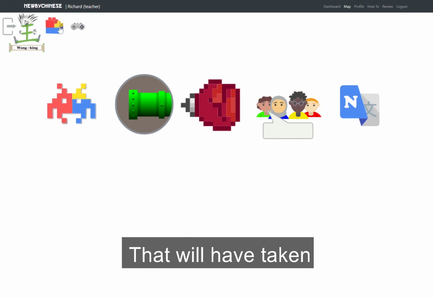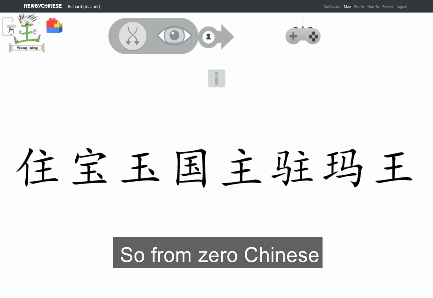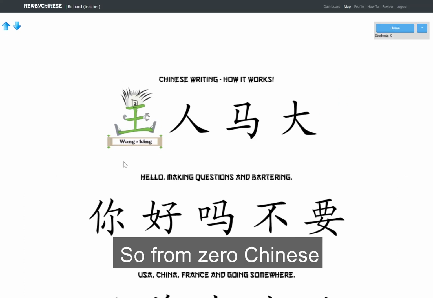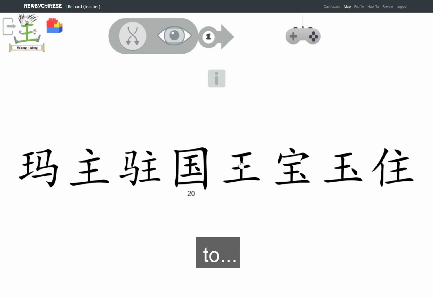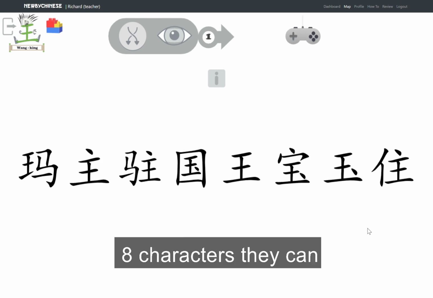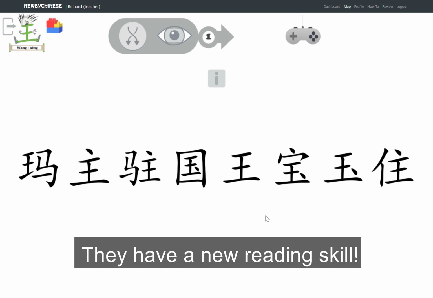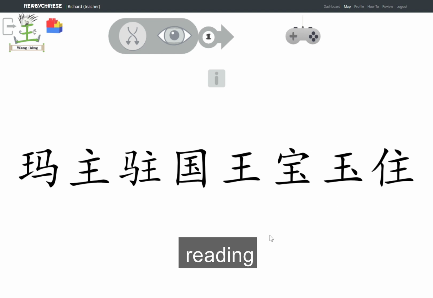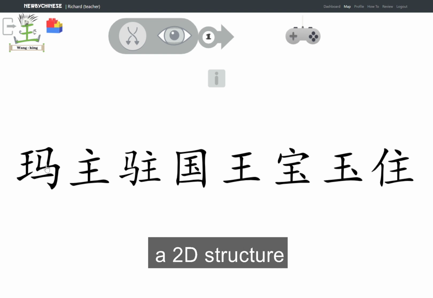Now, that will have taken all of about 5 minutes. So they've gone from 0 Chinese, if they're total newbies, to 1, 2, 3, 4, 5, 6, 7, 8 characters in about 5 minutes that they can visually recognize. Now they have a decent appreciation of the value of recyclable visual building blocks. They have an appreciation of reading exactly which ones it is within a character and the orientation, the position